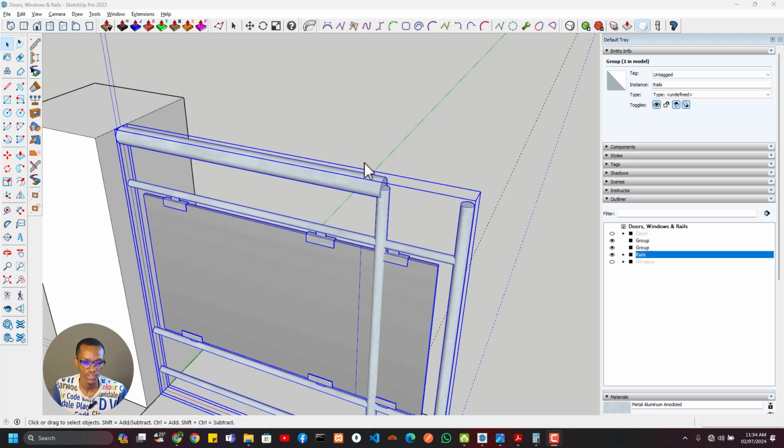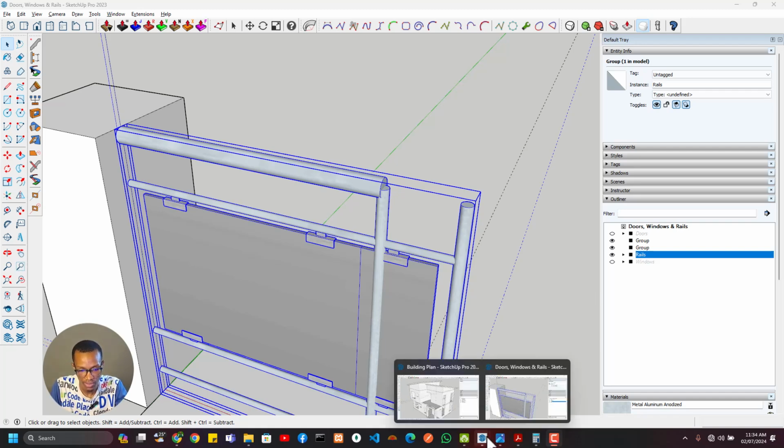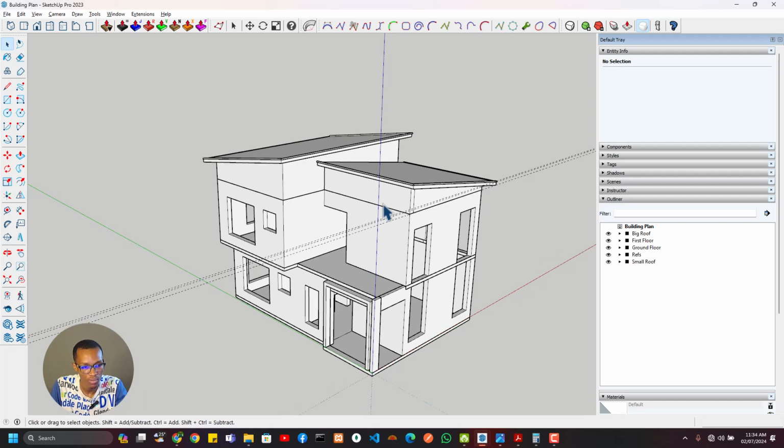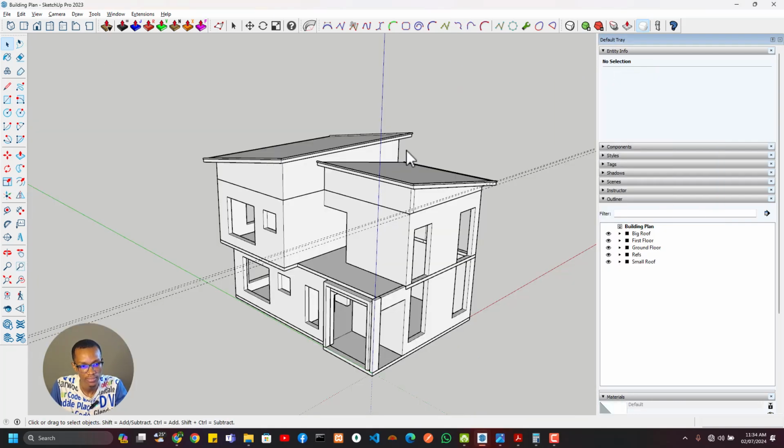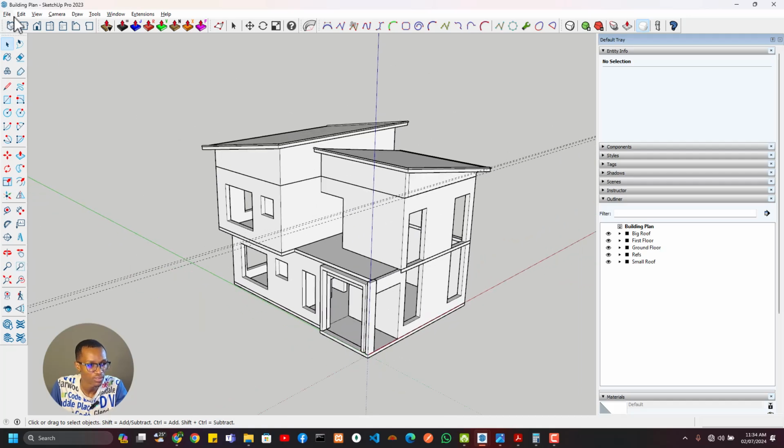So in the last video, we had modeled some rails, and it did say that we're going to place the rails in this video. So without much talk, I just want to jump into the placement. So we'll go back to the original model and let's save the previous model. So come back to the original model. Let's do some